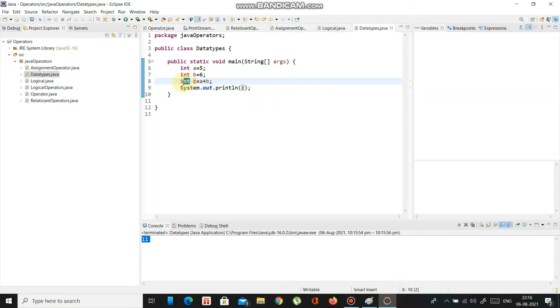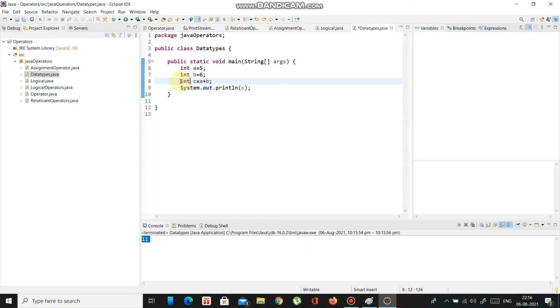You can't define some other data type to it, like short. See, if you define short, you get an error. See what it is saying? Type mismatch. Cannot convert from int to short. You cannot convert integer into short. That's what it is saying. When you are using a data type, the particular data type should be used even for addition of that particular data type.